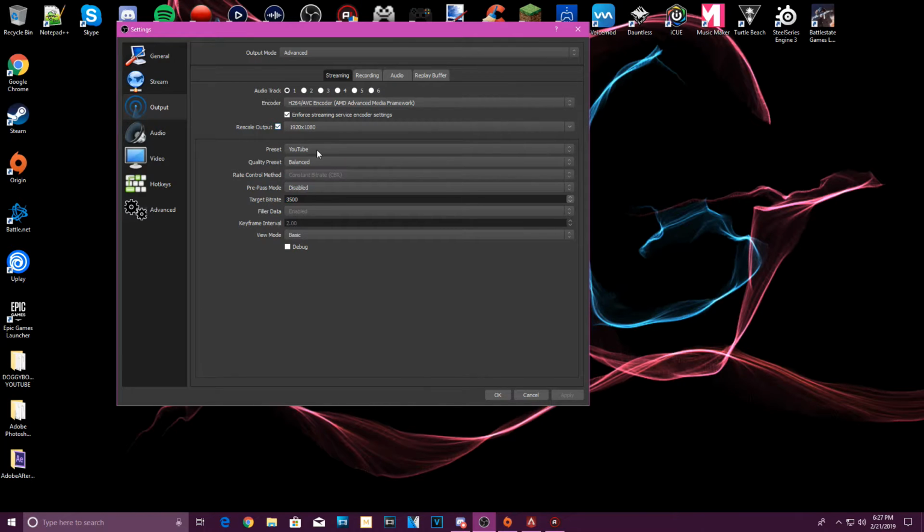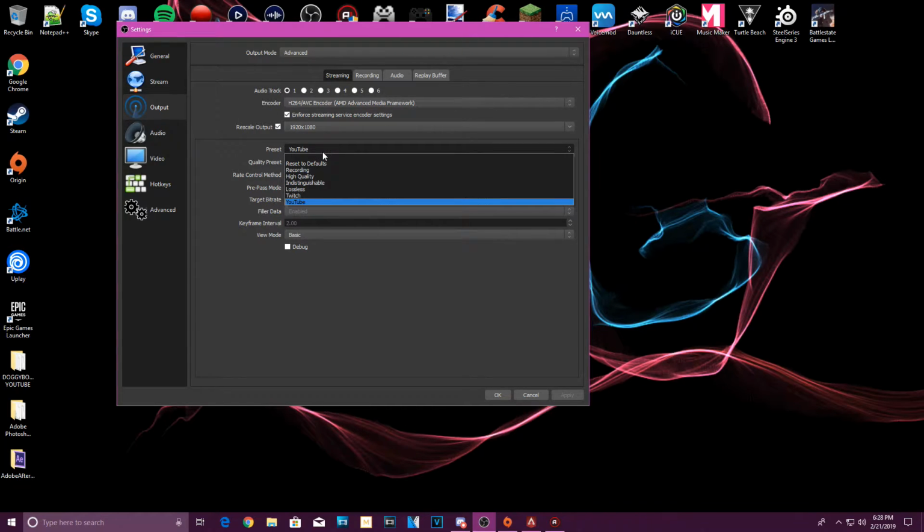Now as for presets, this is where it gets kind of different. For those that are on, I would guess, an Intel build and an NVIDIA build, because my PC is all AMD based, you might see this differently. I'm not entirely sure why, but if I look at my laptop that has an Intel processor and an NVIDIA GPU, this is different, and it actually has different stuff like high, medium, low, or fast and all that. But on my desktop PC that's AMD based, I have presets where it says recording, high quality,